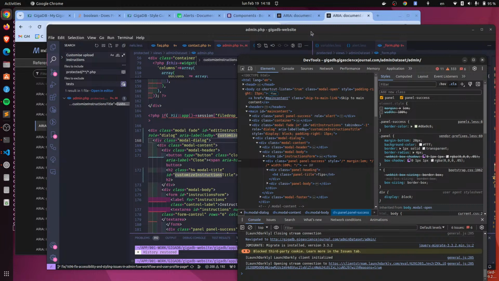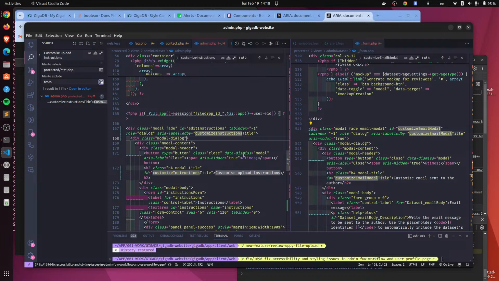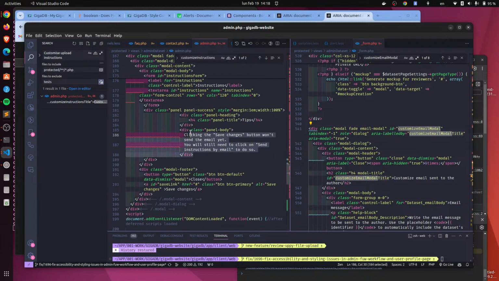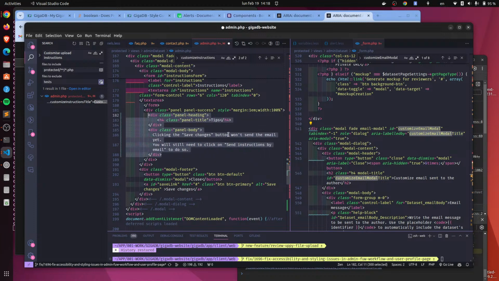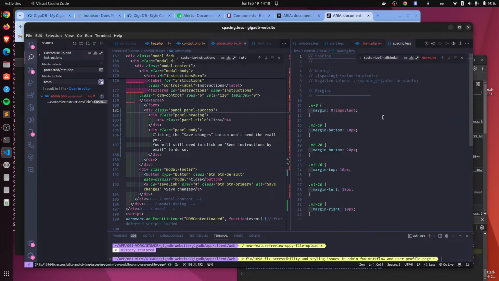Yeah, okay, let's fix this thing. Margin, it had 1 rem. 1 rem is like 16 pixels approx, very roughly speaking. And it's looking like this because it has this panel success. Let's fix this indentation just a little. Let's get rid of this thing and let's go to the spacing file. So we have MB, MT. I could use MT, or I can use